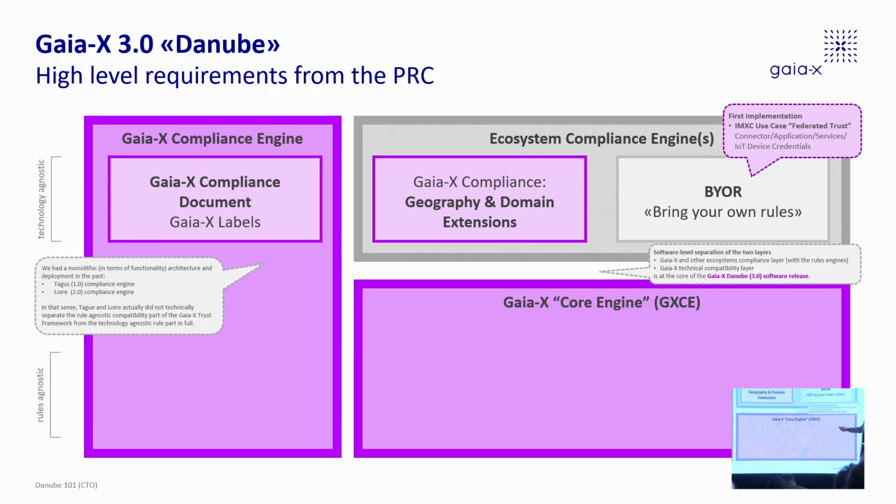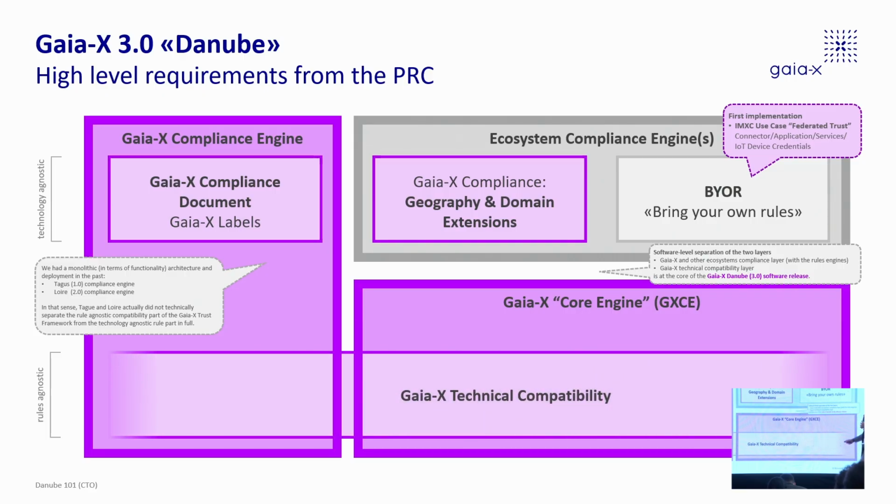This is how we called the beast. This is just ensuring technical compatibility. So it does not know any rules. And this would also implement the same technical compatibility as LOA. So the Danube architecture on the technical, on the standards level, on the interface level is compatible, on the registry level is compatible. However, there is no such thing as a Danube compliance. And people say Danube is incompatible with LOA. No, there is nothing. Danube is not at the rules level, just at technical compliance.